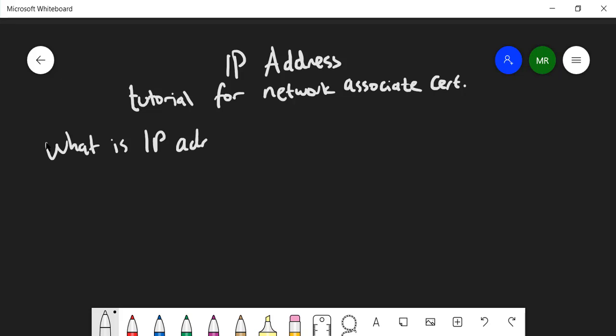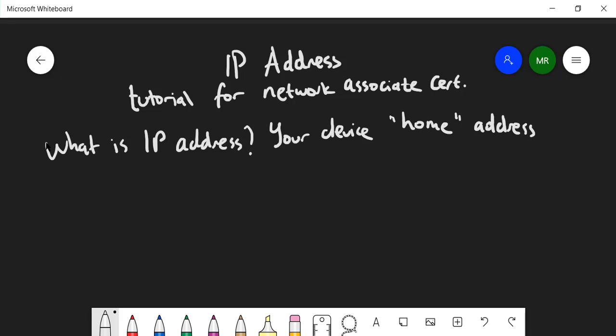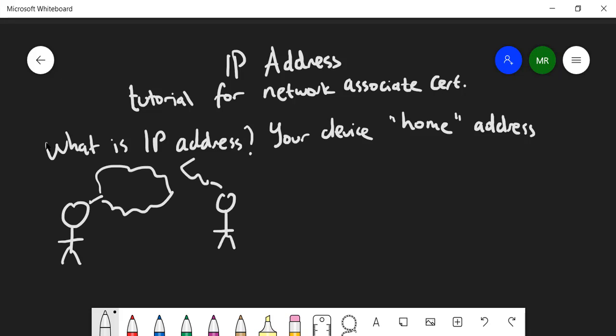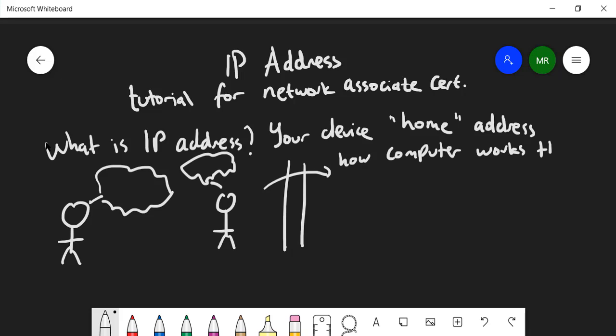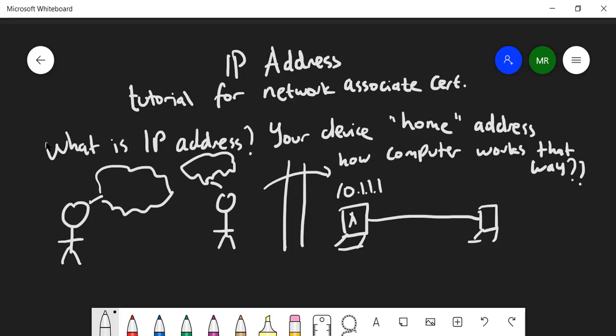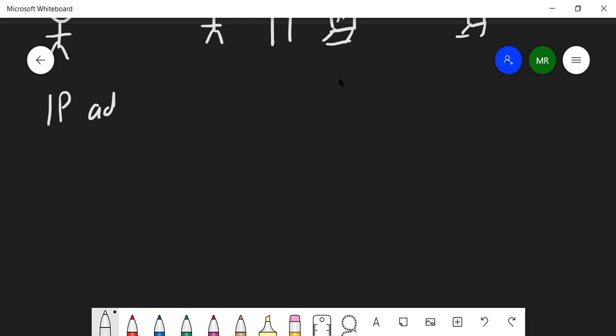So, what is an IP address really? It's like your home address, except this is your home device address. Let's take an example. Your friend asks about your home address and you say that your home is at 12 Boulevard in ABC district in somewhere country. And maybe your friend will say, "Hey, I live near there too." Now, how do we bring this type of conversation into the computer network world? How can they know whether the destination device is in the same network or not?